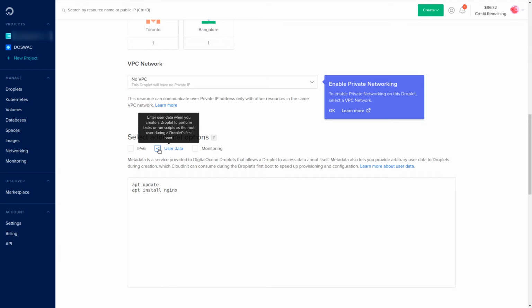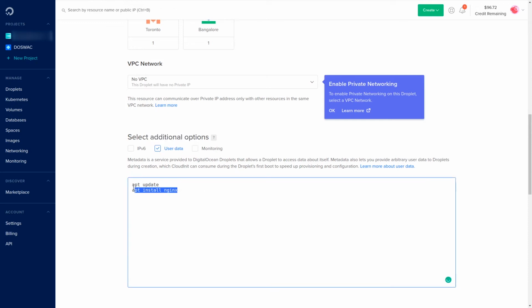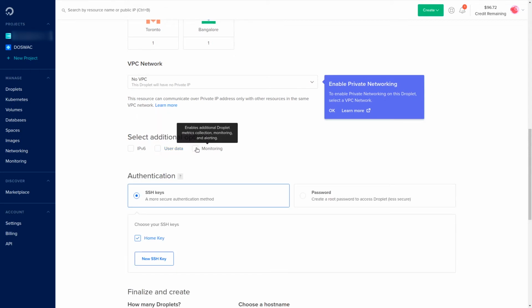Select user data if you want your server or droplet to perform tasks or scripts as the root user during a droplet's first boot, like updating the server or installing software on first boot up. And the last option is to enable monitoring so you can monitor your server CPU, RAM, disk, and network load in the DigitalOcean server dashboard. I recommend you enable this option for easy monitoring of your server's load.